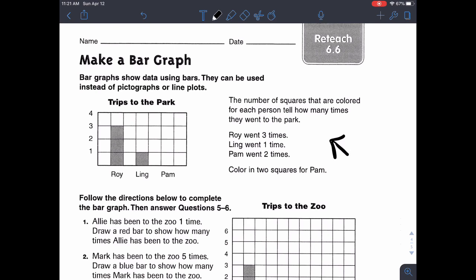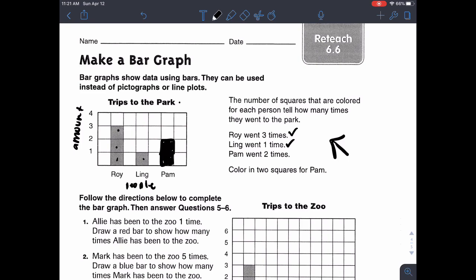So this is showing you trips to the park. These are the people's names. So I might write people. And this is the amount. So amount of trips. Roy went 3 times. 1, 2, 3. Good. Ling went 1 time. 1. Perfect. And Pam went 2 times. Color in 2 squares for Pam. 1,